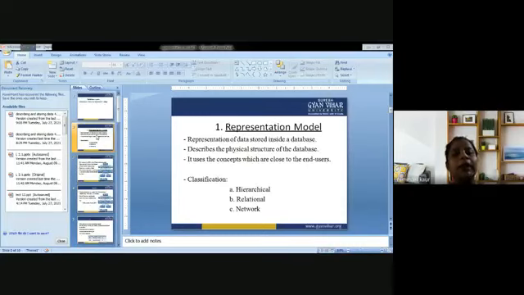Next is networking. It could be in the form of a parent-child relationship, or it could be represented with the help of a tree-like structure, or you can use any other structure to represent the networking. Networking means we build a network regarding data that we are sharing among the various users concerned with a particular organization.